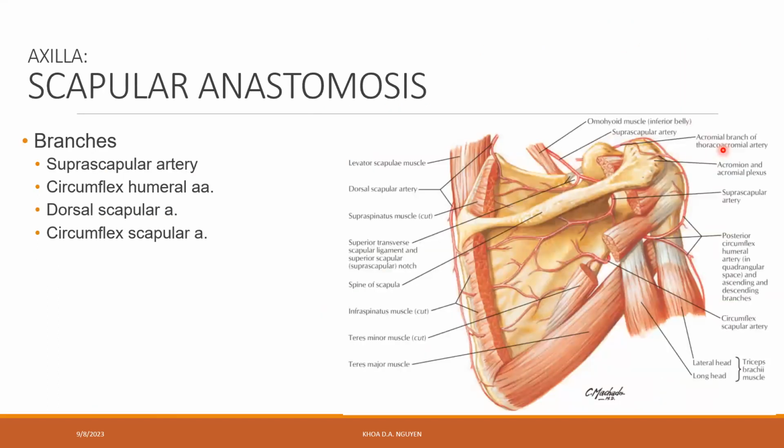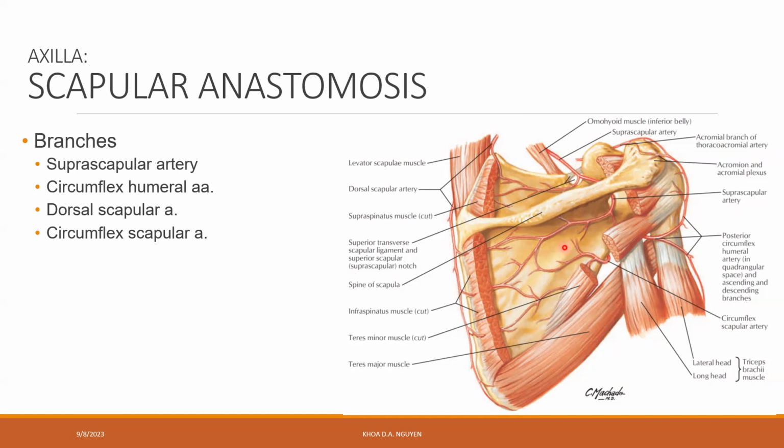All right, so now after we talk about the axillary artery, we shall also have to talk about something that's going on at the posterior scapular region. The posterior scapular region is where there are muscles such as the supraspinatus up here, the infraspinatus, the teres minor and teres major muscles. They are going to be supplied by oxygenated blood from 3 major vessels. One of them is right here, the other one is right here, and the last one is right here. Together, these guys form anastomoses,